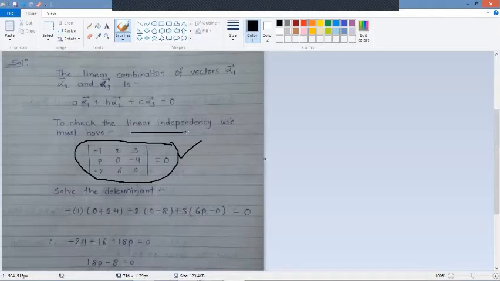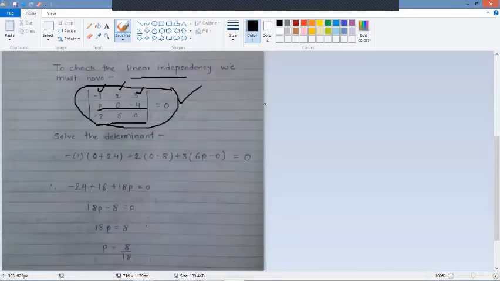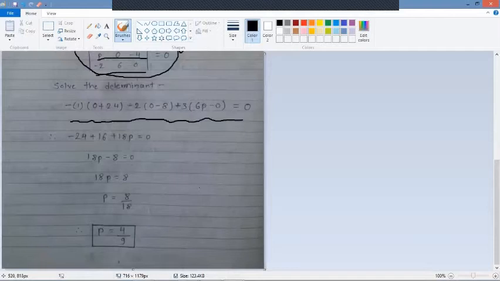So what is the next step now? Write down this. You can see here 1, minus 1, minus 1, 2, 2, 3 and 3, 3. So we can write these values as they are here. Then take the determinant. You know very well how we can evaluate the determinant, so solve this. After solving, we have this value.